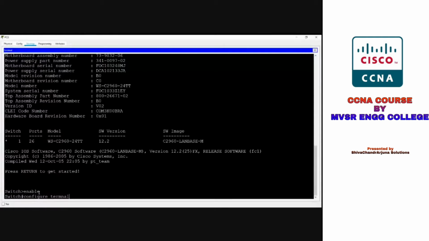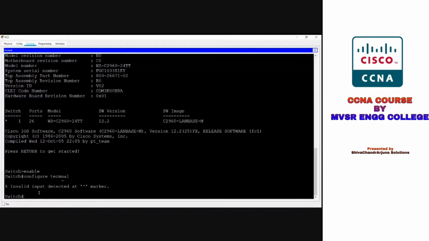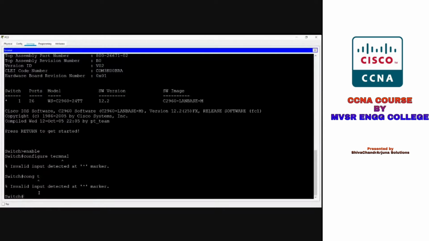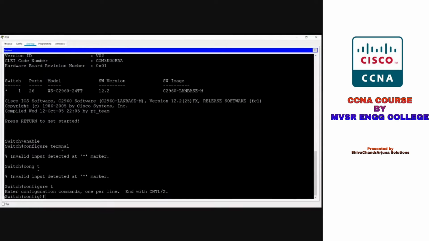Config T, a shortcut you can write. Configure T or configure terminal. So it is now in global configuration mode here.